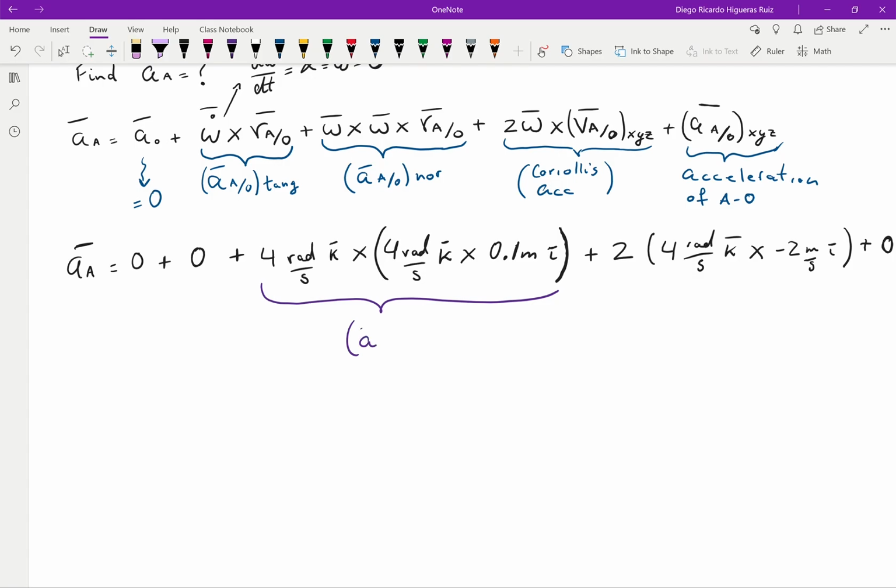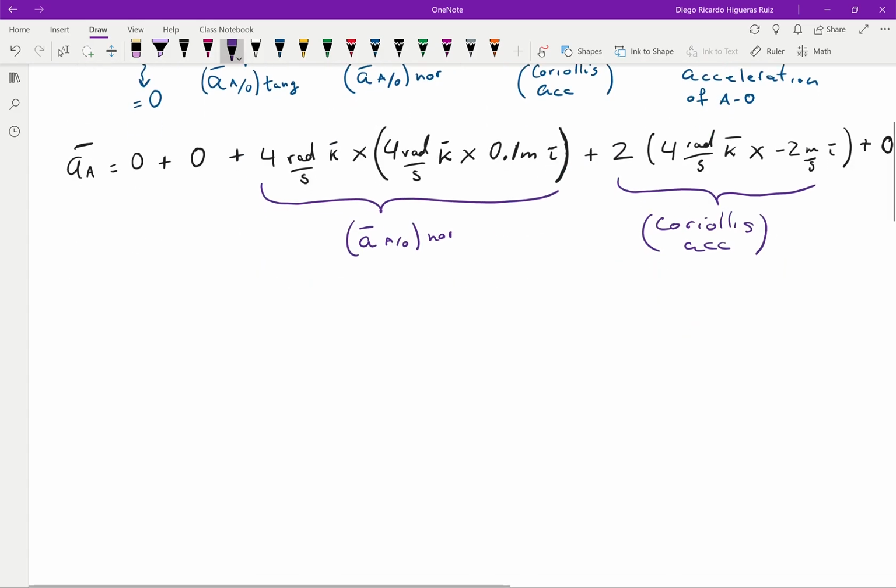It's the acceleration of A with respect to O, the normal component. And this one right here is gonna be my Coriolis acceleration. Okay, so we're gonna start solving for the first term. And that's gonna be equal to 4. I'm gonna drop my units at this point, but they're just gonna be the same. It's gonna be 4k